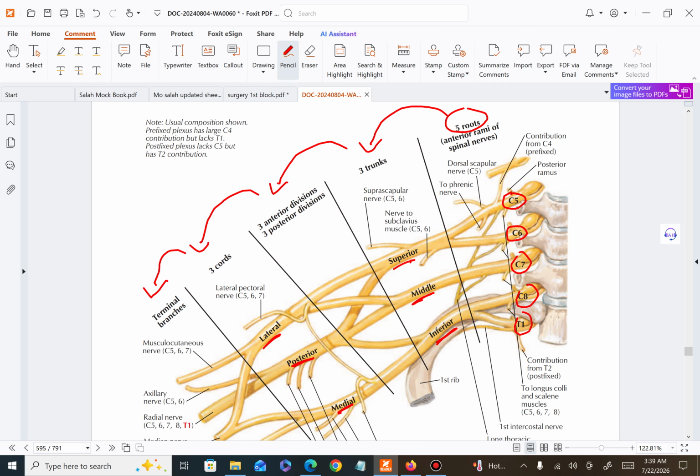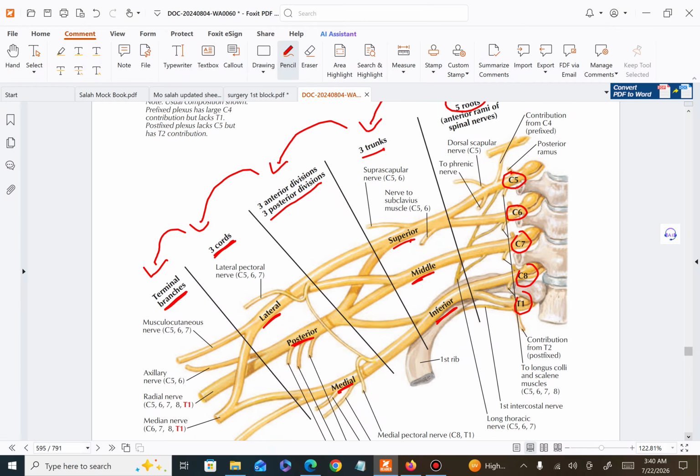First, there are five roots, which are anterior rami of spinal nerves. Then the three trunks, and each trunk gives an anterior division and a posterior division. So in total there are three anterior divisions and three posterior divisions. Then there are three cords: lateral, posterior, and medial cord, and then terminal branches. Let's discuss how these stages